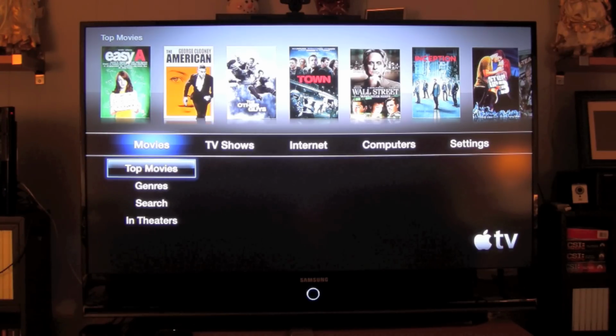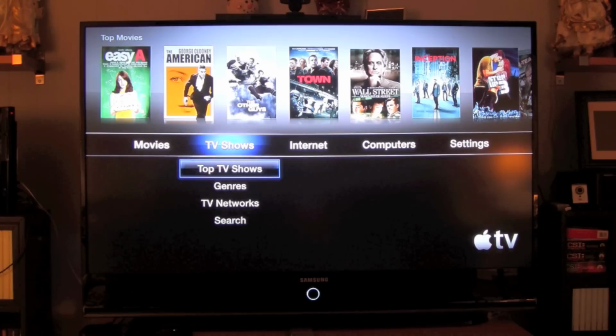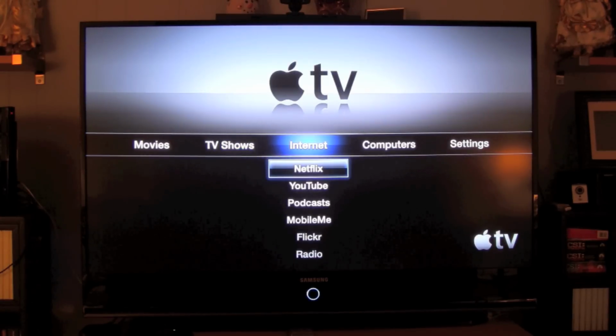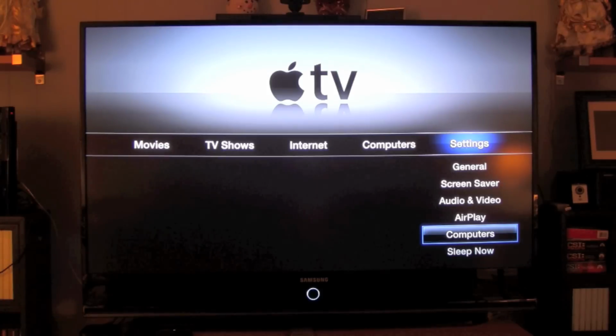After you go through all that and you enter your Wi-Fi password, you'll come to this screen. This is basically your home screen in Apple TV. You can get to your movies, your TV shows, internet, computers, and settings. You'll want to go to your settings right away because you're going to want to connect to all your computers